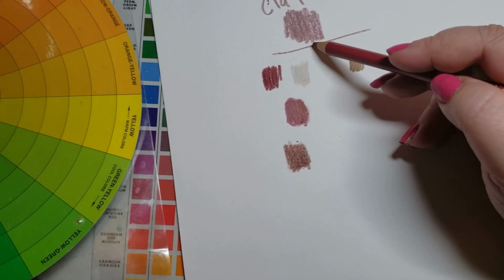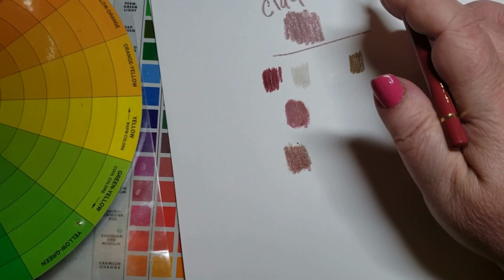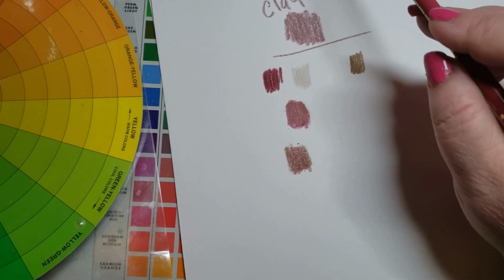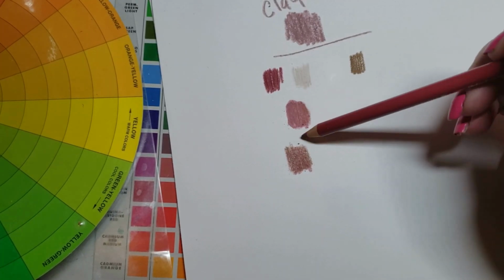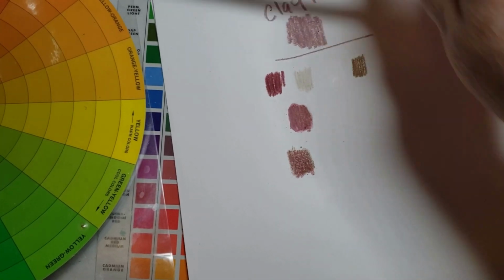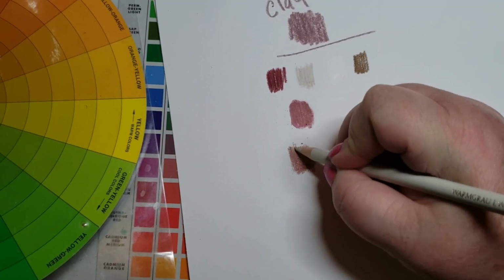It's coming very close. So I think you're going to have to lay down the brown, the Bistre, I know somebody will correct me, color first on the bottom, and then redden it up from there. That's a pretty good batch. And let's see if we can